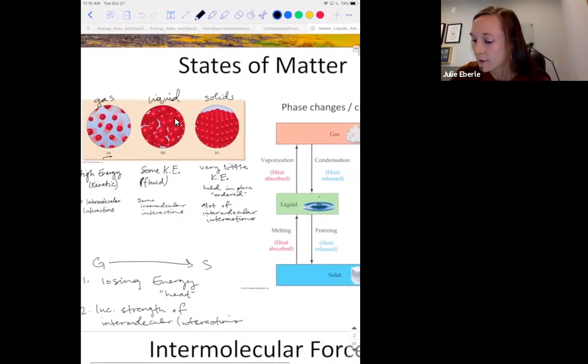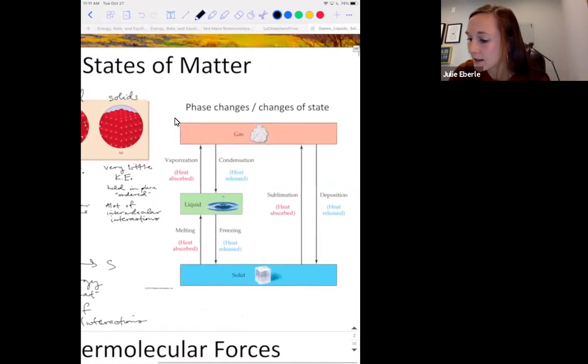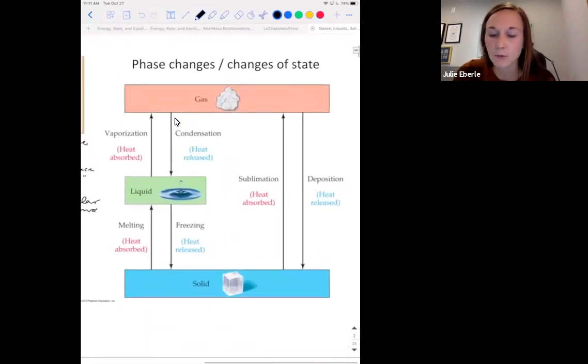So another way that we can visualize this arrow thing that I just drew is with this figure on the right side of the slide. So I'm going to slide over here. This diagram is in your textbook as well, and it's just demonstrating phase changes, okay, changes between solid, liquid, gas, the common names that go with those, and then what's happening with heat, what's happening with energy. Are we absorbing energy in each case, or are we releasing energy?